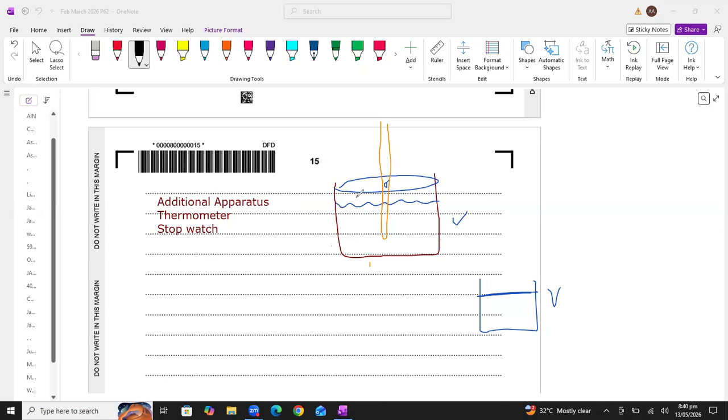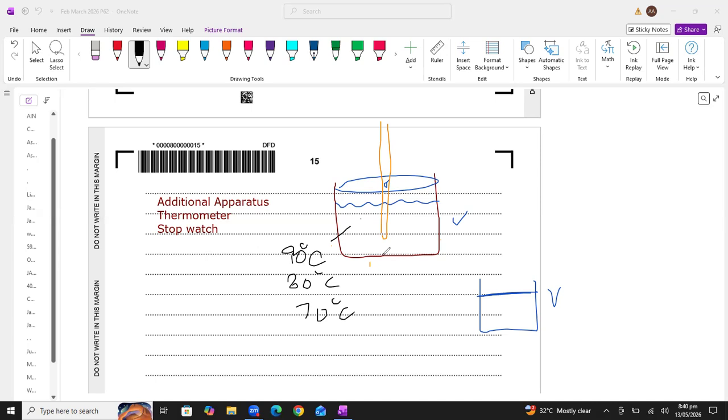Now what we will do, we will repeat the same experiment for different initial temperatures. Like for example, right now I'm taking the initial temperature of hot water, that is 90 degrees Celsius. That is the initial temperature. Now we will repeat the whole experiment with a different initial temperature of water like 80 degrees Celsius, then 70 degrees Celsius, and we will repeat the experiment in a similar manner, that after every 30 seconds or 60 seconds, we will record the change in temperature.